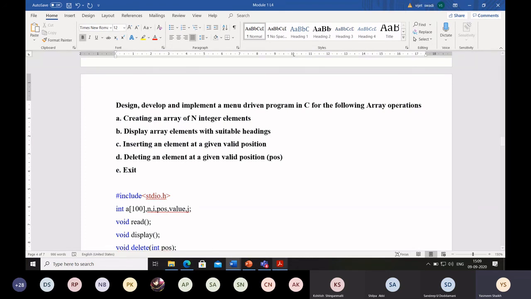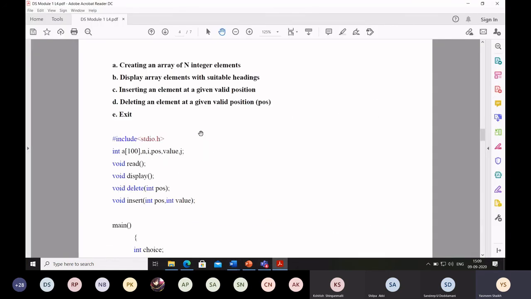You have to create an array of n integer elements, display the array elements with suitable headings, insert an element at a given valid position, and delete an element at a given valid position. Sub-questions C and D we have already studied. And E I need not explain because it is to exit, that is, to terminate the program.